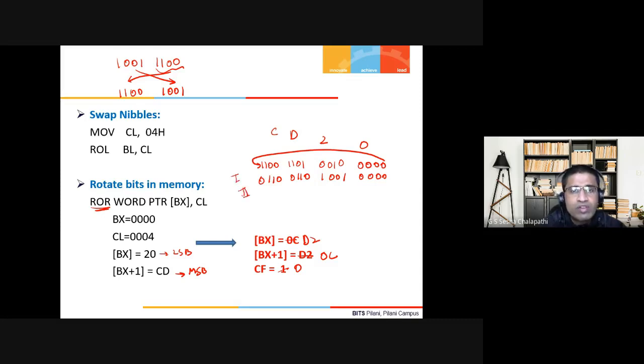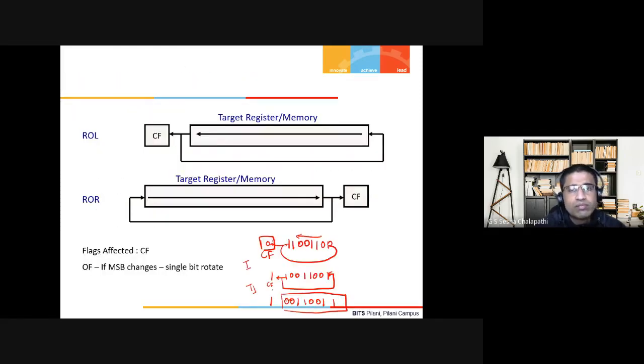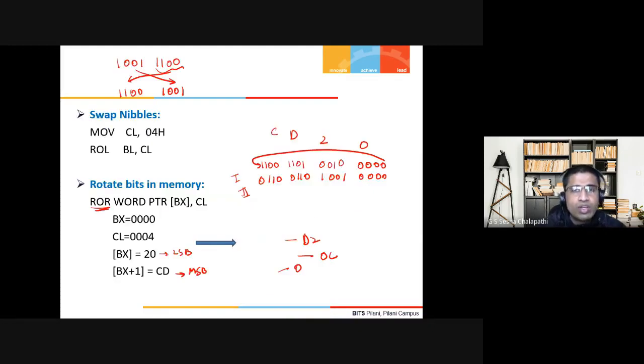After the second rotation, what will happen? I'm rotating right, which means the LSB will go into the carry flag and get inserted into the MSB. Putting this back, it becomes 0011 0011 0100 1000, after the second rotation.